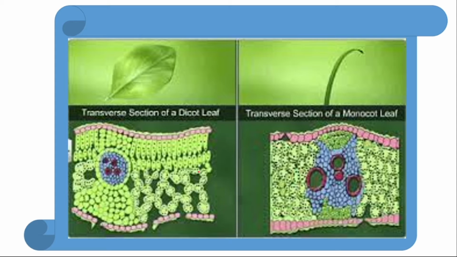Both together we call the mesophyll. This is the lower epidermis. This we call the upper epidermis and this we call the lower epidermis. So this is the structure of the dicot leaf, but a monocot leaf is not like that. Look at that, we cannot differentiate the mesophyll layer into palisade parenchyma cells and sponge parenchyma cells. We see vascular bundles and only the ground tissues are present. So these are the structures we are going to study.